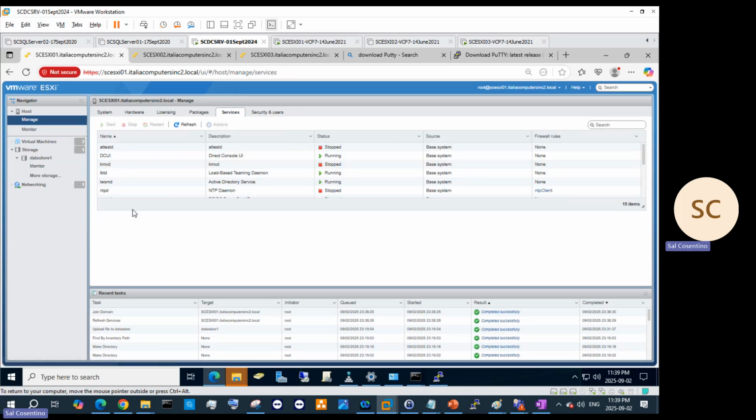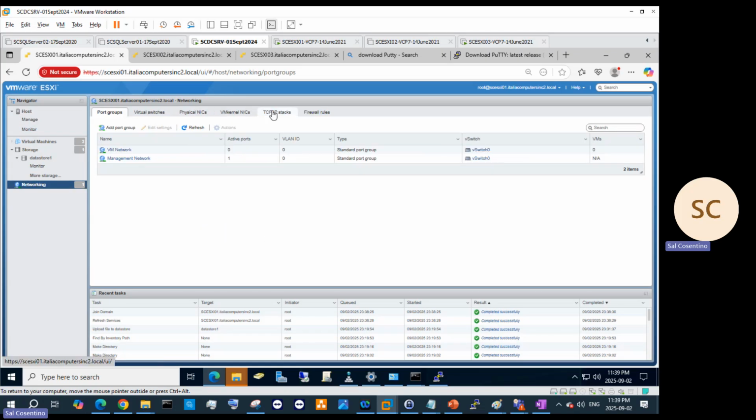Let's see if the services are there. So we're going to be looking for the LWSNT, and you'll see that the Active Directory service is running. Perfect. And then we're also looking for